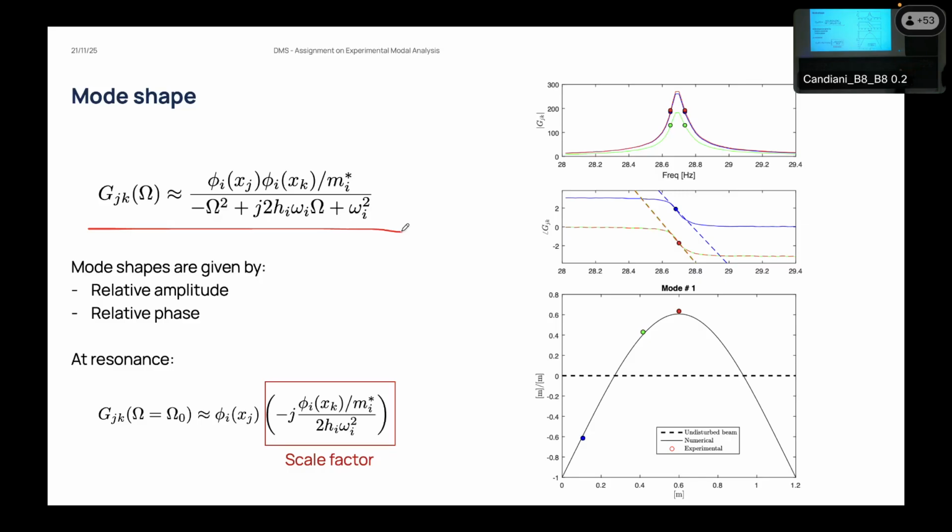for different j locations. And one will say, okay, but if I don't have the modal mass, I cannot estimate this. But in practice, you can, because we already know that this phi vector that contains the mode shape is described except for a constant. So who cares about that scale factor? If you extract